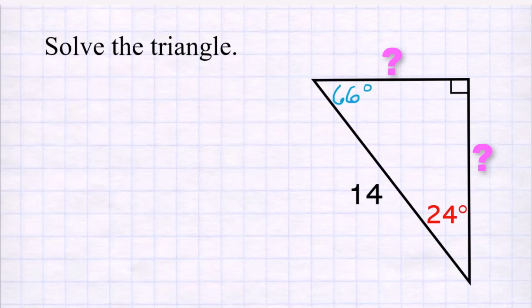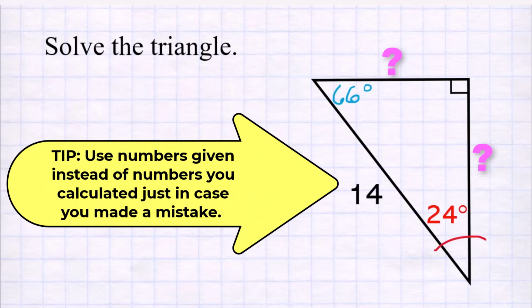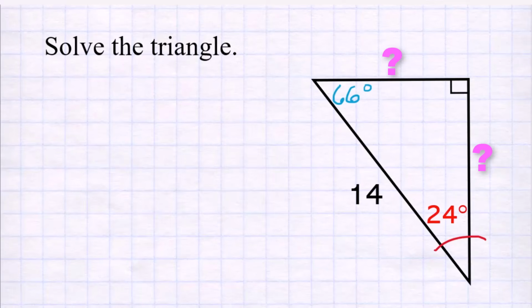Now we need to find the missing sides. You can decide which angle you're going to stand at, but just a tip, always use the numbers that were given to you instead of something that you calculated, because then if you made a mistake calculating something, everything you use later on is going to be wrong. So if I'm going to use this 24 degrees, the 14 is the hypotenuse, and I need to find one of the other sides, and it doesn't matter which one I go for here because I don't know either one. I'm going to go ahead and go for the opposite side, and I'm going to put an